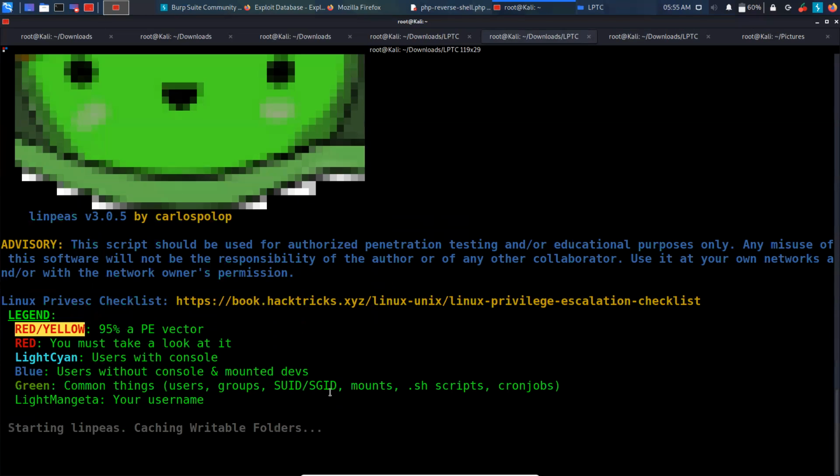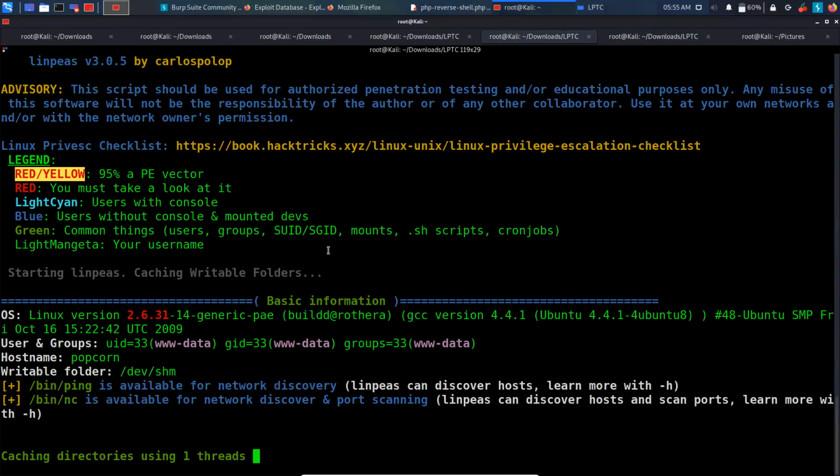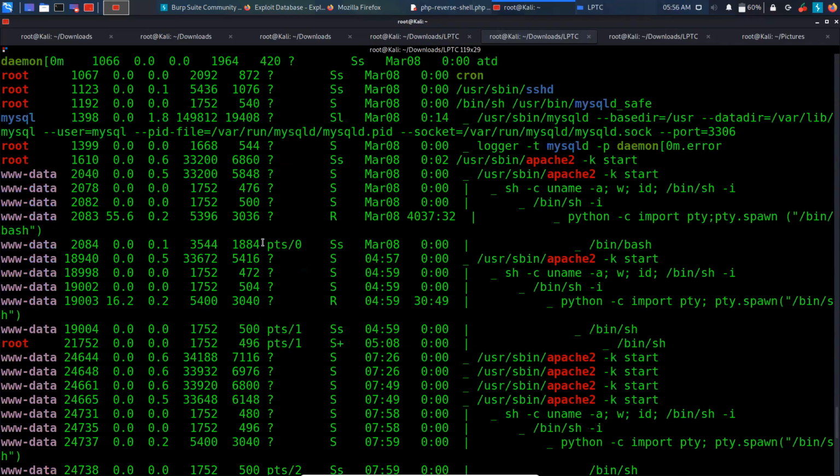So now linpeas will run, and I will just introduce it a little bit more. Whenever you use linpeas, it will show you all the enumeration you can do manually, or you can use linpeas to show you everything. The main thing we are looking at in linpeas is the red and yellow parts. The yellow part is the highest, and red is also pretty high. So if we get red, it's better to stop and exploit the vulnerability because linpeas has done it for you.